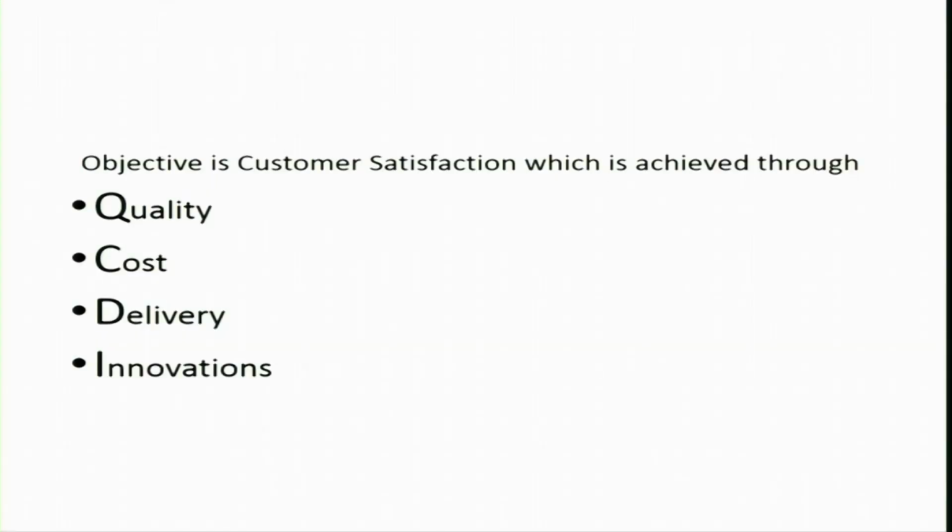What are the objectives of a production system? As I said, the objective is to achieve a good outcome, which is customer satisfaction and growth of the organization, and growth of the organization will happen only if there is customer satisfaction. So, the sole objective of any system, any manufacturing or any commercial system, is customer satisfaction. Now, the question arises: how to achieve it, what is meant by customer satisfaction? When we are going to purchase some product or service from the market, as a customer, what are our requirements, and if those requirements are fulfilled we feel satisfied.